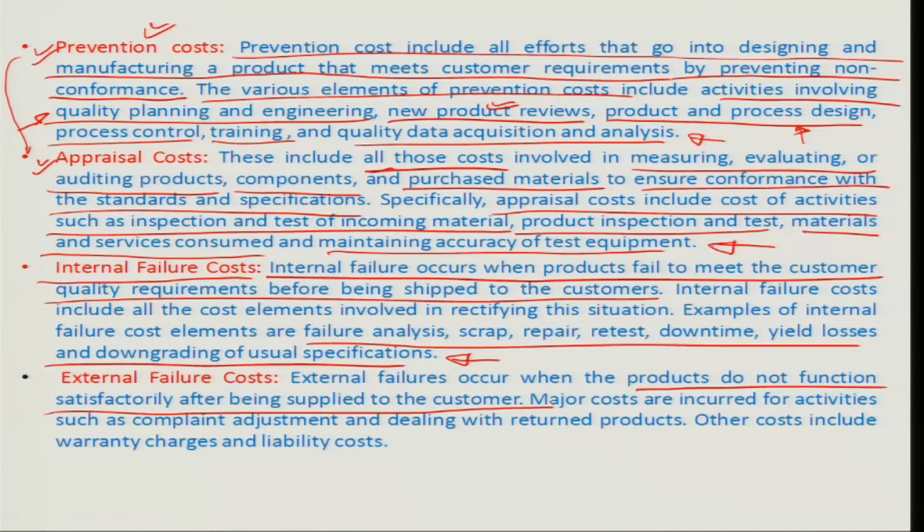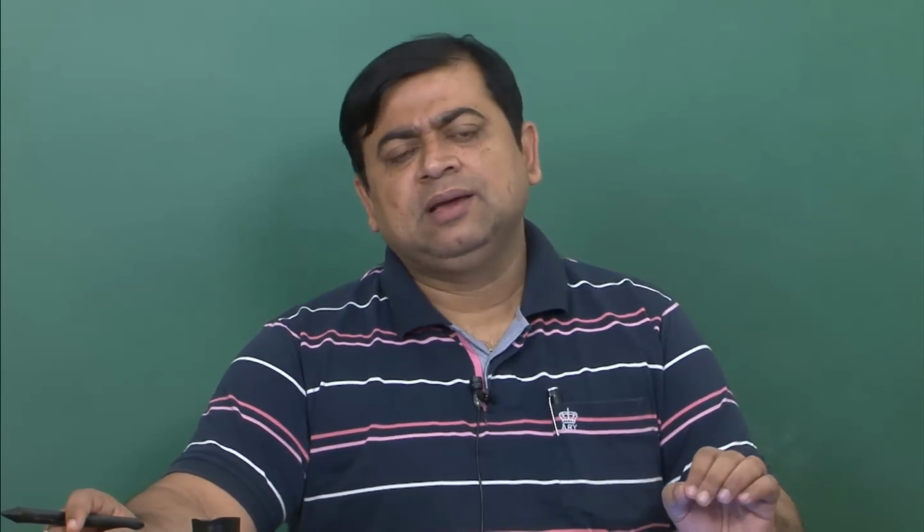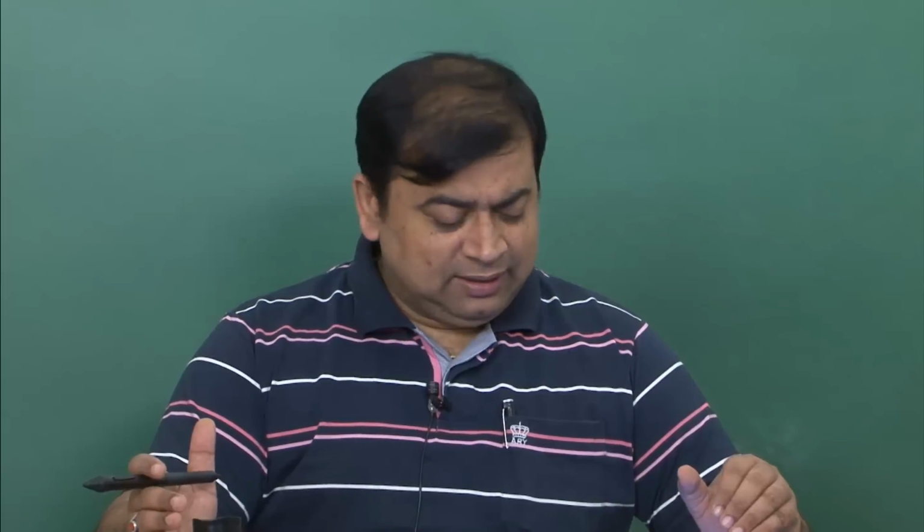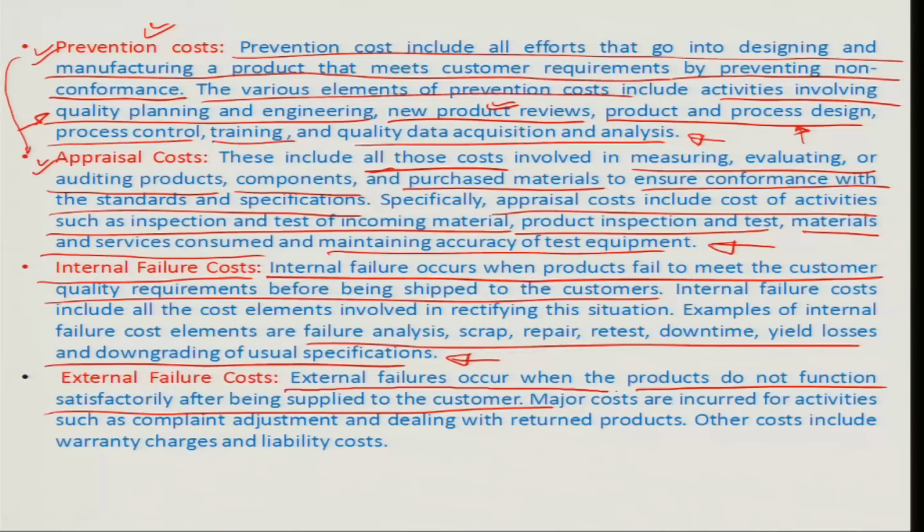These days the companies really are hell-bent on arresting the warranty issues which come from the market, and each and every warranty complaint is treated very severely at the level of the quality engineering or the quality systems management group of a particular company, because that is something that one cannot afford. It really creates a pressure on the customer's mind to change his decision about buying that particular product, and this essentially amounts to losing business. Okay, so therefore external failure costs by and large should be avoided,